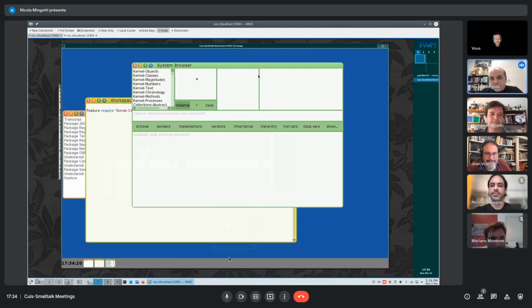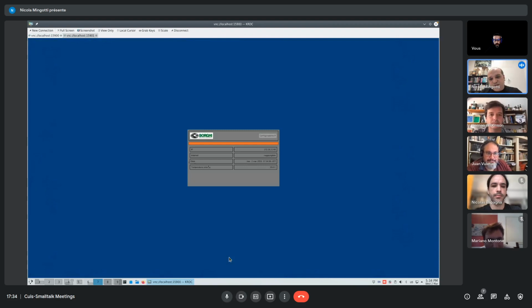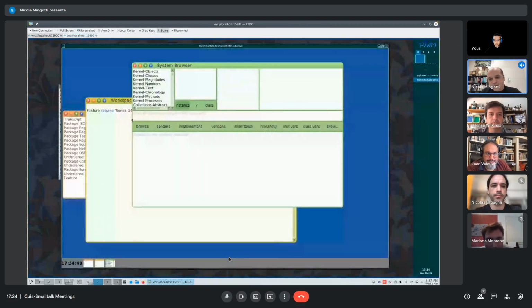So let's say this is a Cuis. It's running in an ARM machine, and you can see it's a touch screen, and this is a view of the touch screen, okay? But for development, I use a VNC, another connection, which is this, to a non-existent screen, and I do development inside this Cuis, okay? So, but the thing I wanted to show you, let me see,